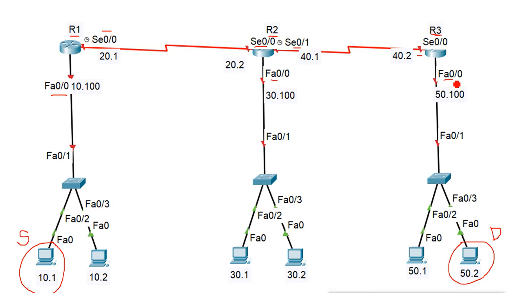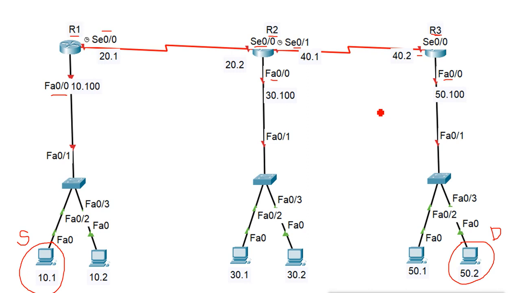Now where can we apply the standard list? It is just a guideline. It is not a rule. It is just, we can say, the guideline, because you can assign it everywhere, anywhere. It will not give an error. That means if you create a standard list, you can create it on router 1, 2 or 3, and you can apply it to any of these interfaces. It will not give any error, because it is not a fixed rule, it is just a guideline.